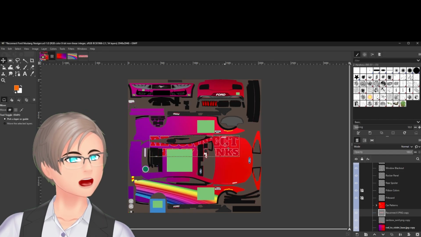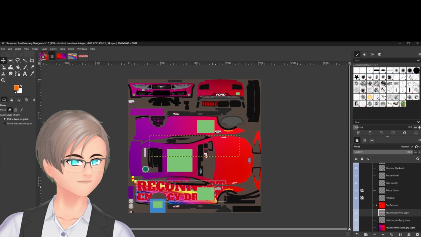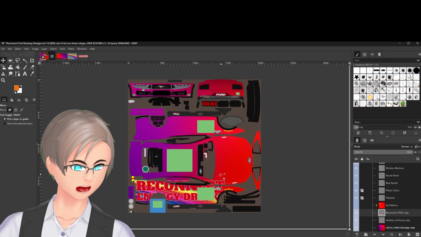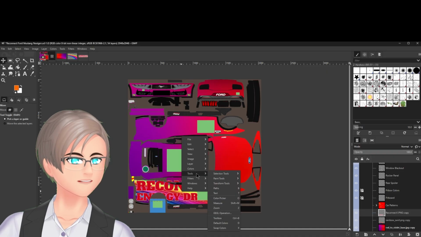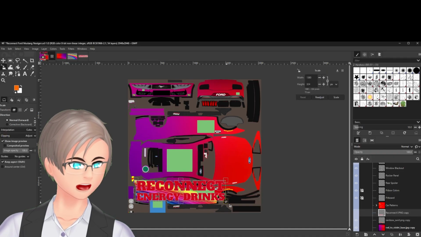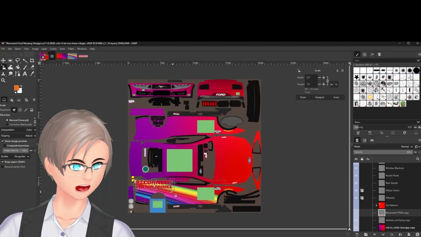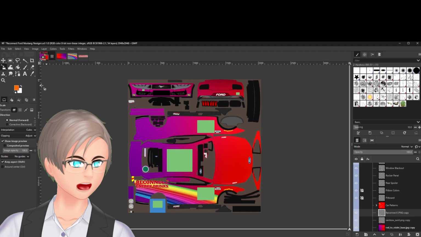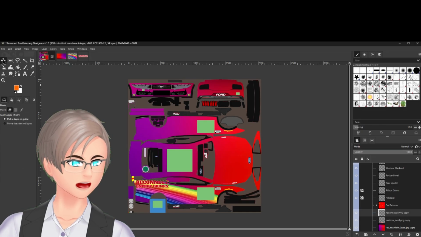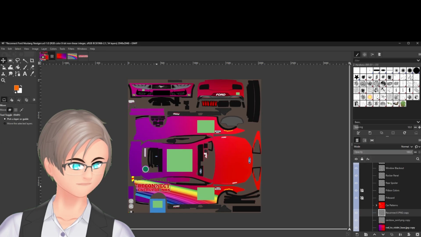Now, I want to put it over here, but that's, of course, too big. So I'm going to have to make it smaller. So I right click on it, Tools, Transform Tools, and I'm going to scale it. I'm going to make it smaller, and I'm going to put it about like that. I think that's about right. I'm not completely sure. Go back, click on the move, and then we're going to move this down right about